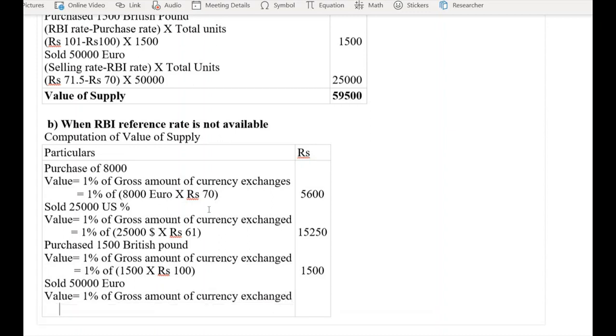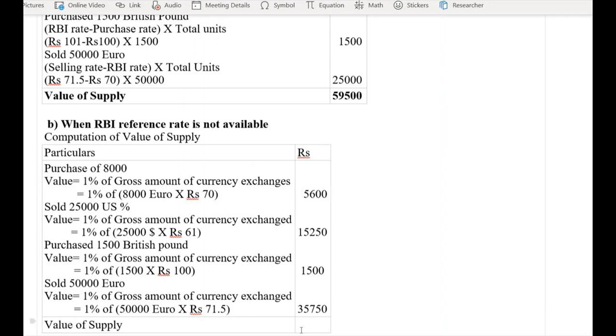So when values are substituted, 1% of 50,000 euros multiplied by rupees 71.5, so that comes to 3,57,500. So 1% of that comes to rupees 3,575. So therefore value of supply, the sum of this,